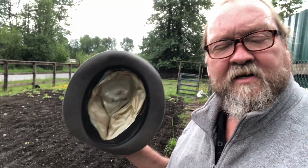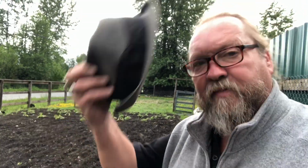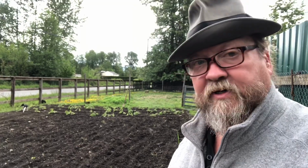My hat's messed up because I take it off like this, and so it bends over that one side. Somebody commented about my hat, sent me a message saying that you've got the weirdest hat. Well, you know what? This hat is a Royal Stetson. I know where this hat came from, and it's probably from the 1950s. It's in great condition, and it's taken on a life of its own. Okay, but with that being said,